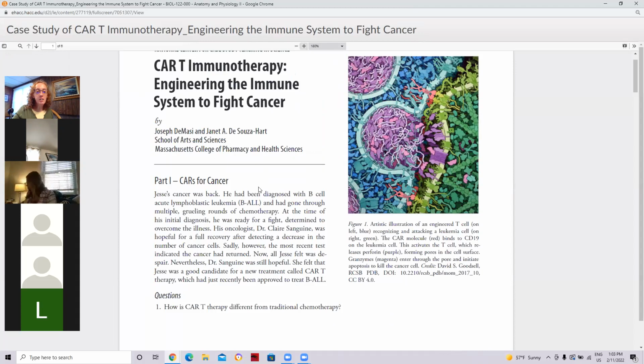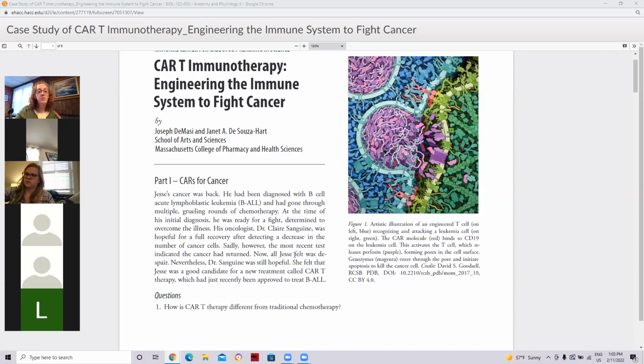Jesse's cancer was back. He'd been diagnosed with B-cell acute lymphoblastic leukemia, or BALL, and had gone through multiple grueling rounds of chemotherapy. At the time of his initial diagnosis, he was ready for a fight. He was determined to overcome the illness. His oncologist, Dr. Claire Sanguine, was hopeful for a full recovery after detecting a decrease in the number of cancer cells. Sadly, however, the most recent test